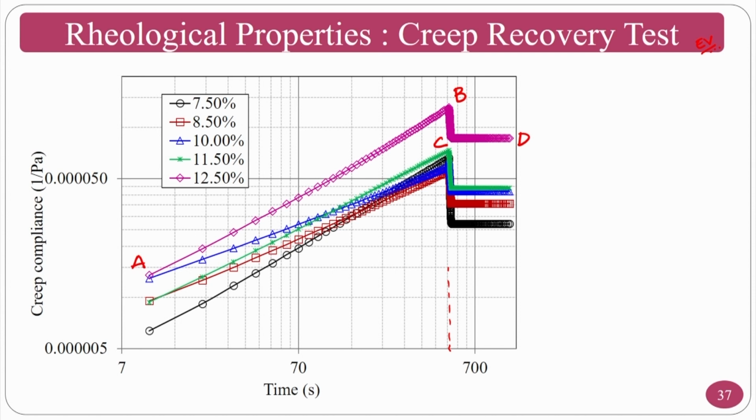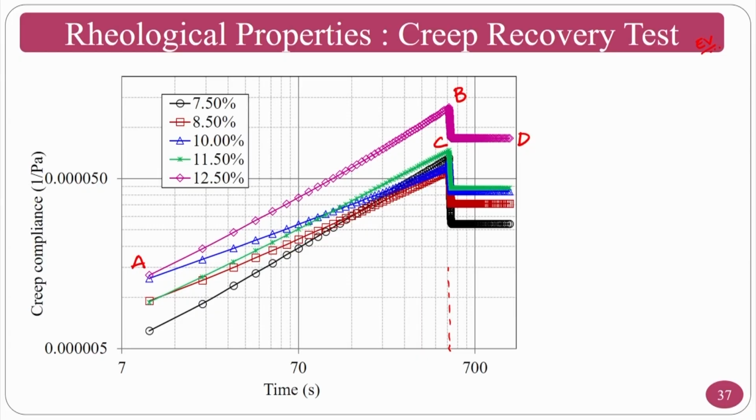We have to give a load of 100 Pascal so that the polymers won't break, but they will give the original values of viscous nature as well as elastic nature. Now we can see that 100 Pascal we have taken from the storage modulus test, called the stress sweep test, and we are observing the strain.